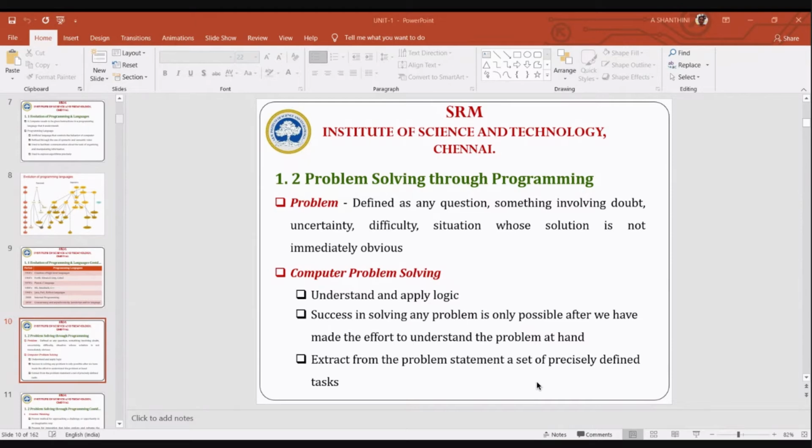The next step is to list down the steps in solving the problem. List down the steps means, what can you say? How can you say that in simple words, which we have discussed already?